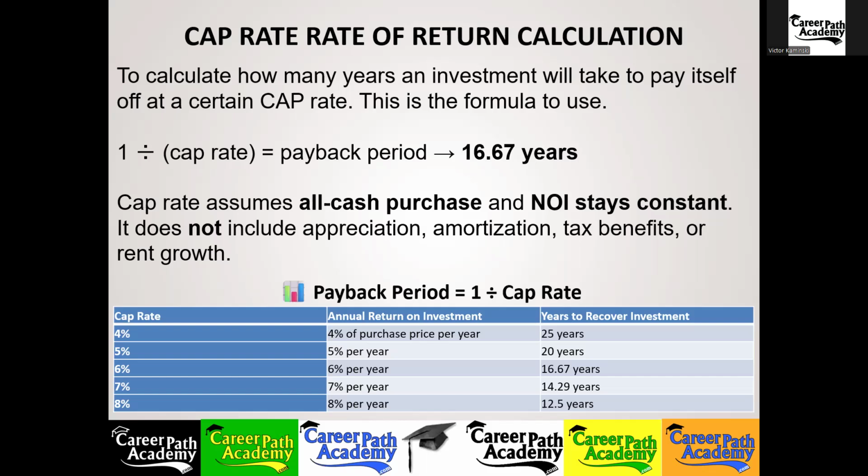Is it a good investment? And so by figuring out the numbers this way, it'll be the same for everybody because you're not factoring in different mortgage rates and different prices that someone else paid for the property. This is a good way just to figure out if the property is a good investment or not, and how good of an investment.